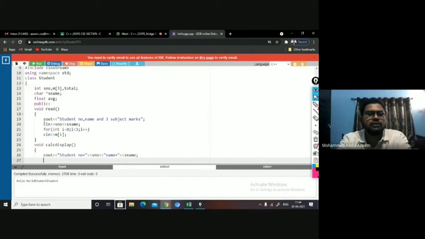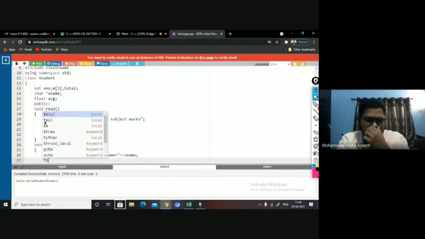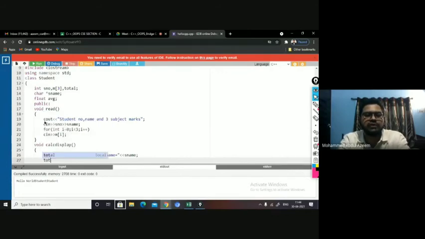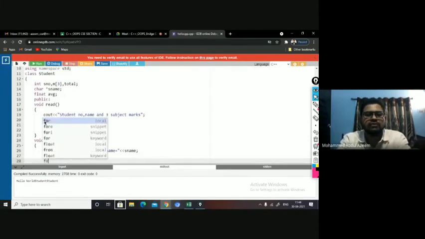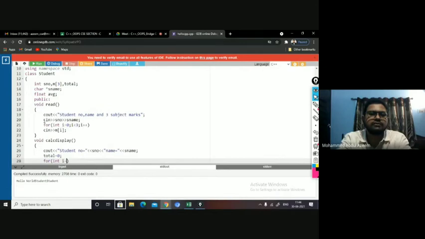Then I can calculate total and average. Before I calculate, total being accumulated of all 3 subjects' marks available in the marks array, total must be initialized with what? 0, right? Total equal to 0. Then I can use a for loop here to accumulate all the values of the M array. I can declare I again here.